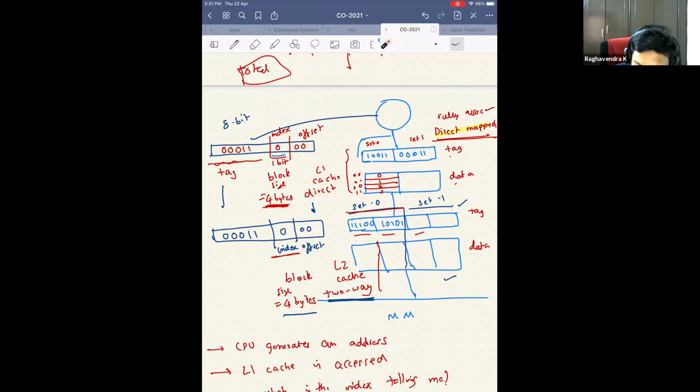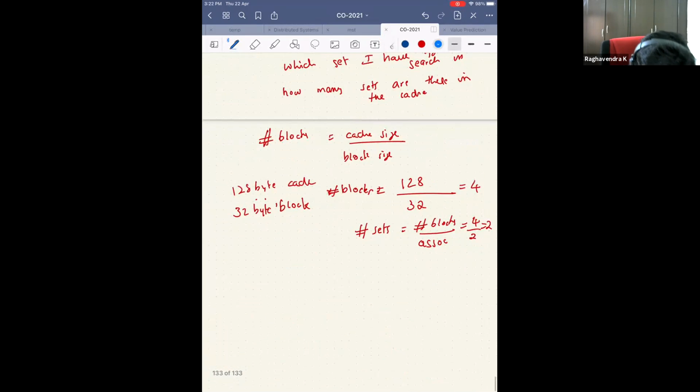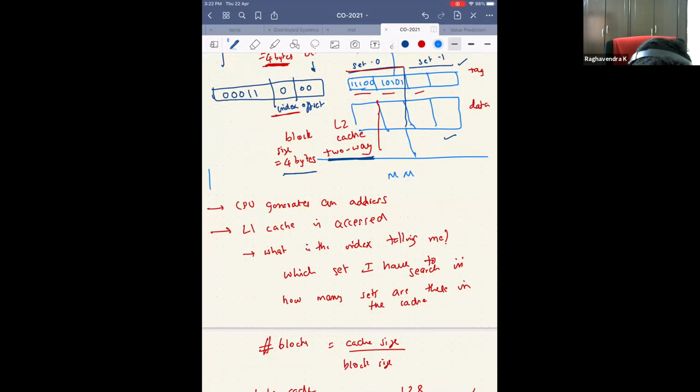So you say that I want the particular block from the main memory. Now I want a block which has 4 bytes from the main memory, because this is the address that I will be sending. I don't want to fetch only a single byte, because my block size is, say, 4 bytes. So I will send this particular address saying, okay, this is what I want. From this, I want 4 bytes. It means I want a block which has an address something like this.